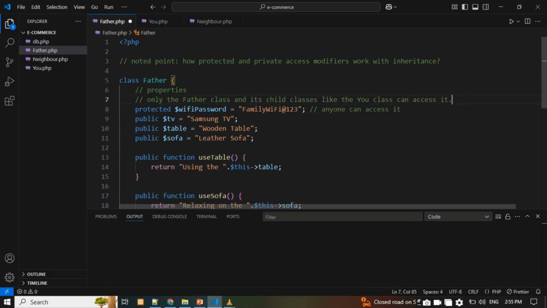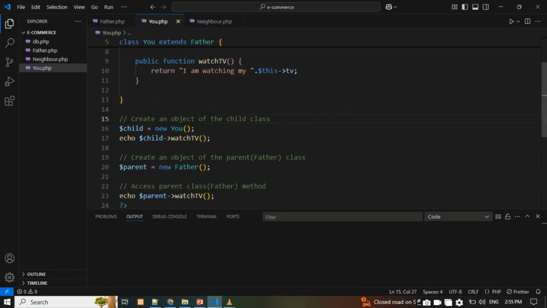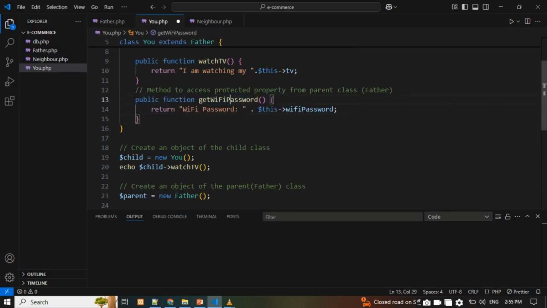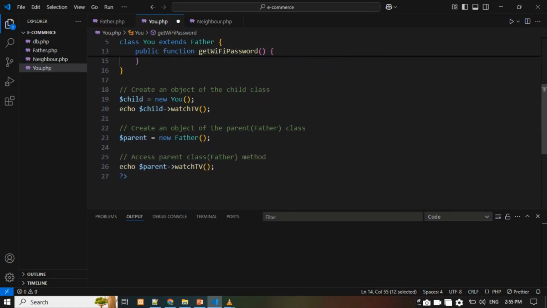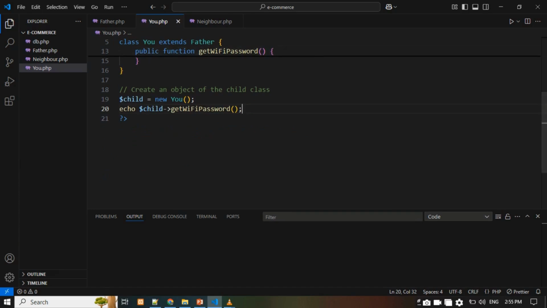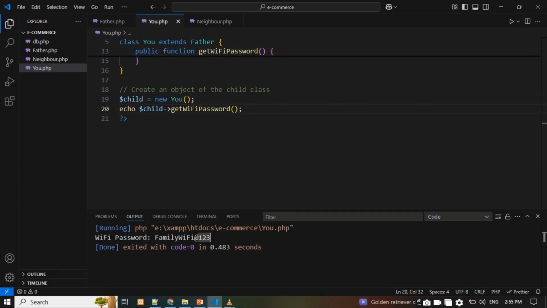This ensures that only the father class and its child classes, like the U class, can access it. To implement this, we define a getWiFiPassword method in the U child class, which accesses the protected Wi-Fi password property. When we call this method and run the code, you can see the output. The child class can successfully retrieve the Wi-Fi password.